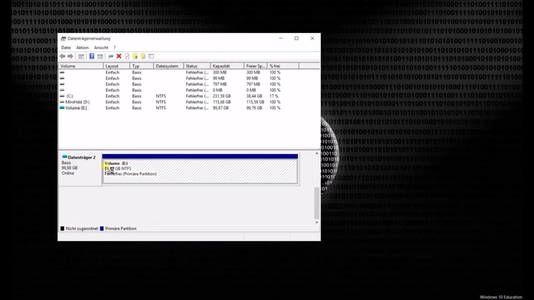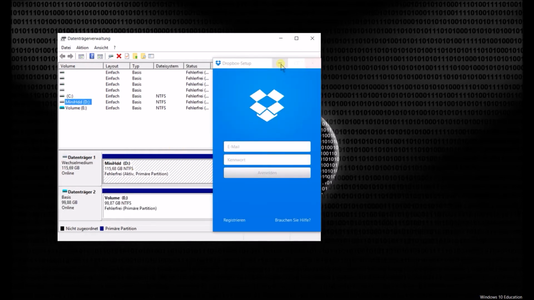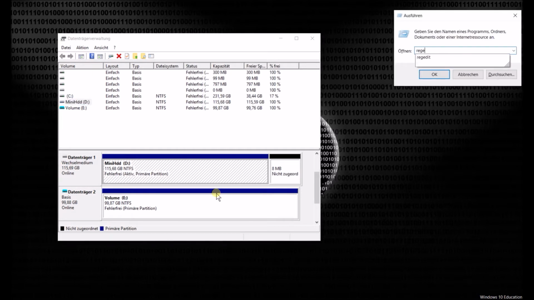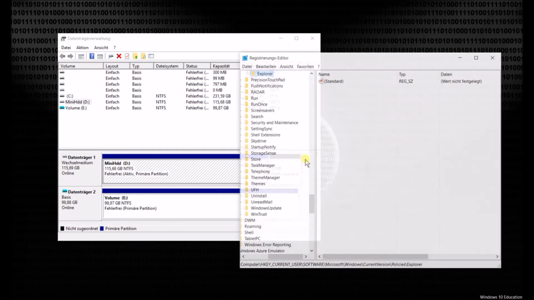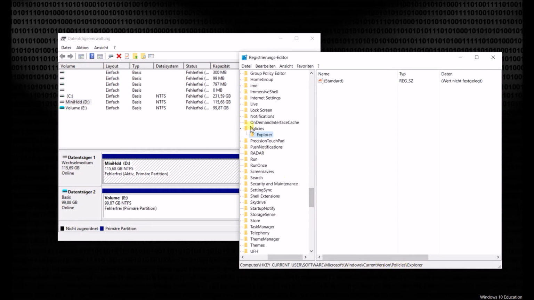Now you have your drive, it's drive E, and you have a D drive and an E drive currently. And in my case I wanted to hide the D drive. So what you can do is you can say regedit and go to current user, software, Microsoft, Windows, current version, policies, and here you can create